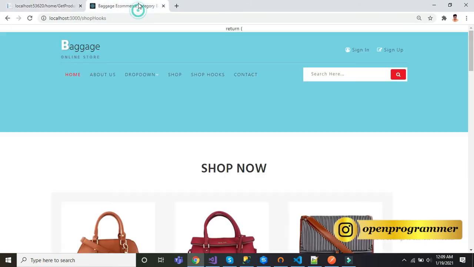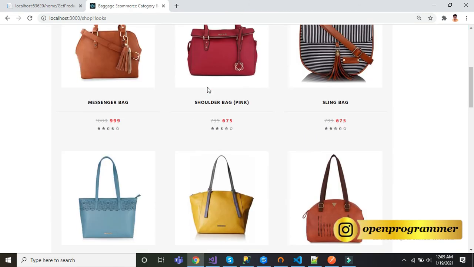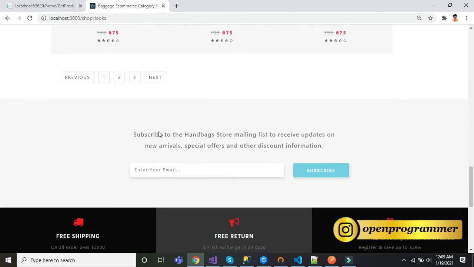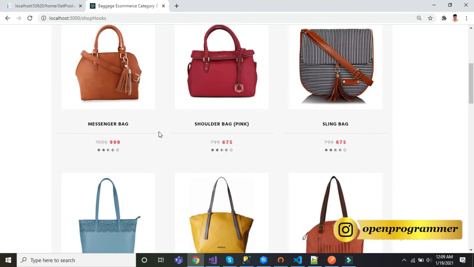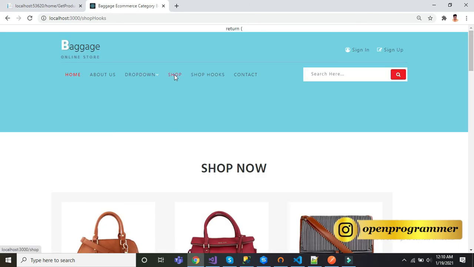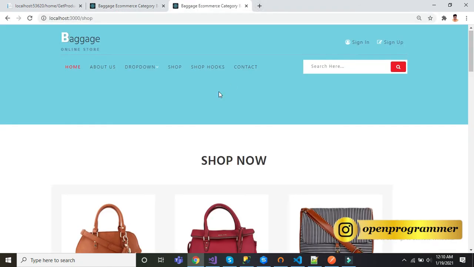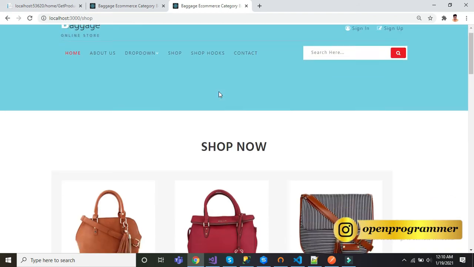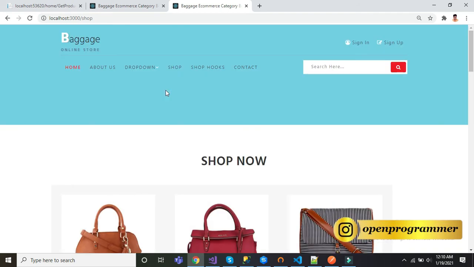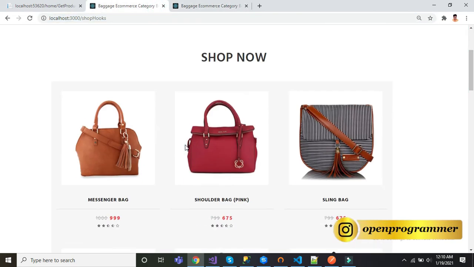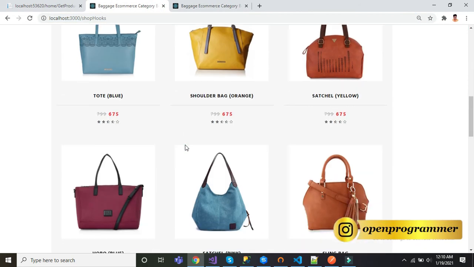Go back to the browser. Now you can see we have successfully received all the items. Let me also open shop in another tab so we can compare both tabs. This is our class component and this is our functional component using hooks.